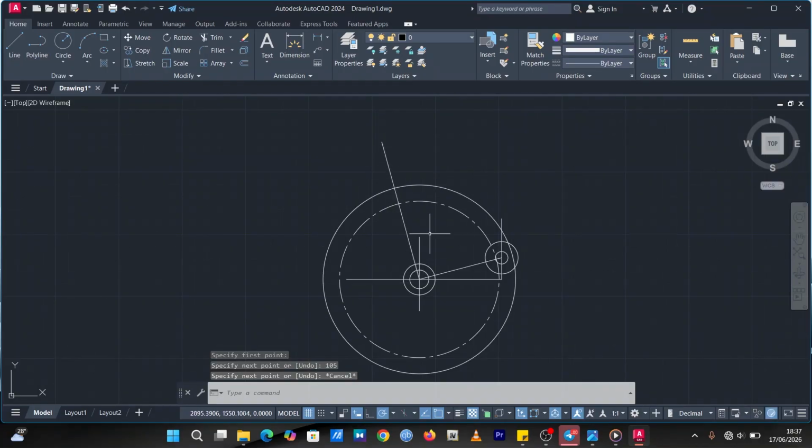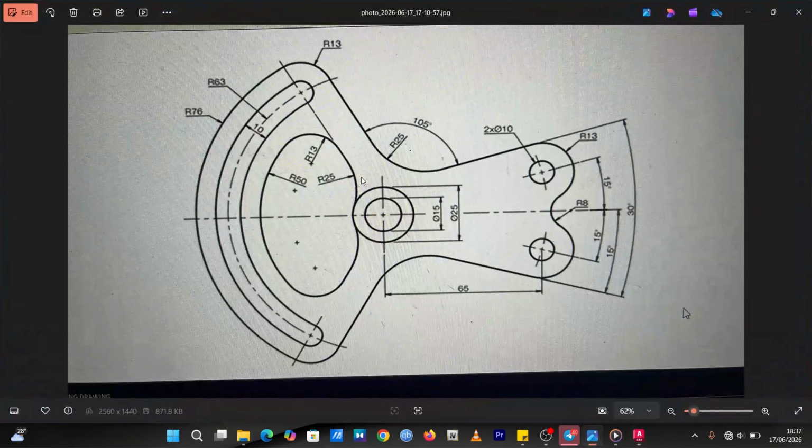So we are going to have something like this. So we are now going to work on this circle right here and this circle right here, where the center lines are going to meet. So first of all, to find this center here, to find this circle here, sorry, and this circle here, we